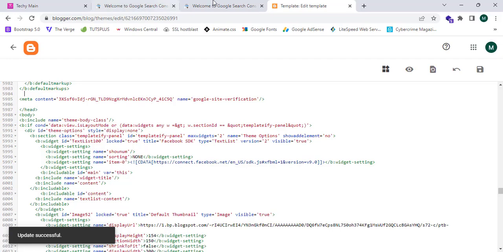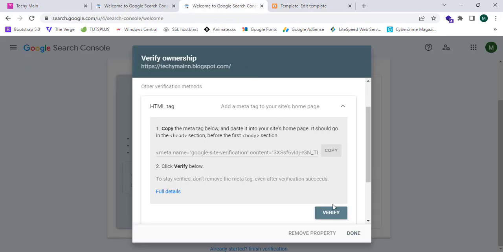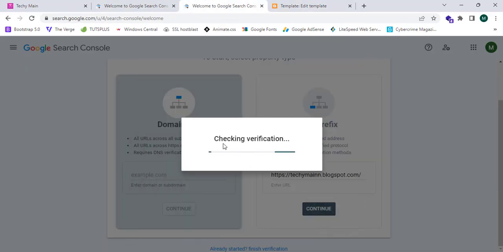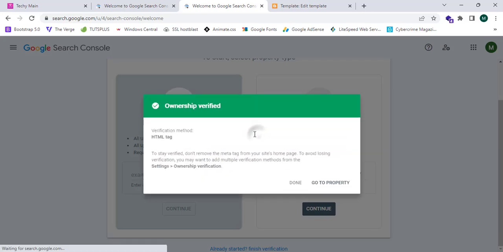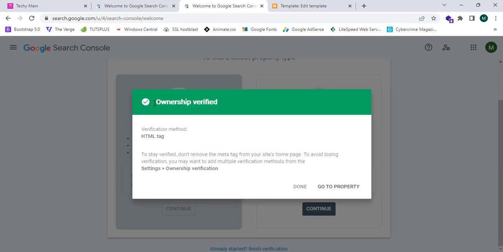So update is successful. So now let's click on verify, and this checks the verification, and as you guys can see, my ownership is successfully verified, and it says HTML tag verification method, and this ownership is verified